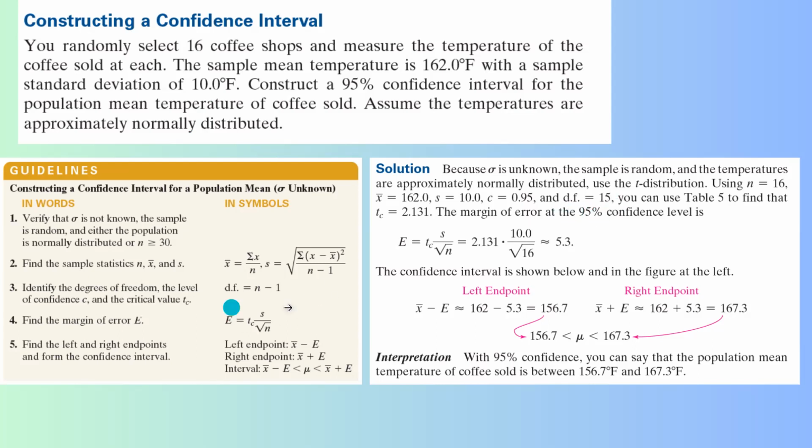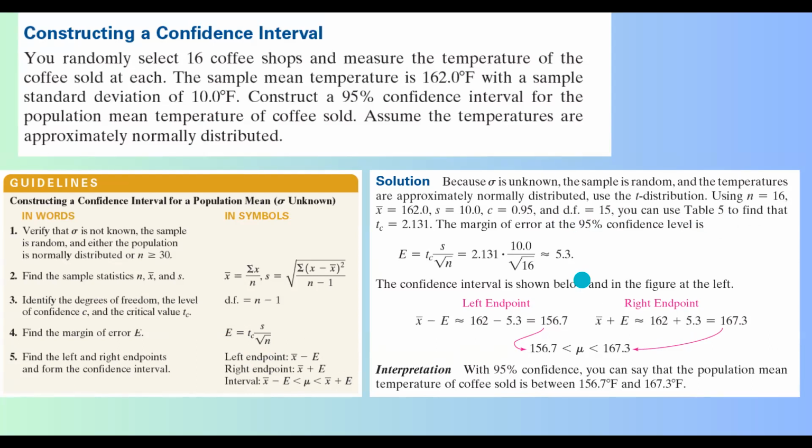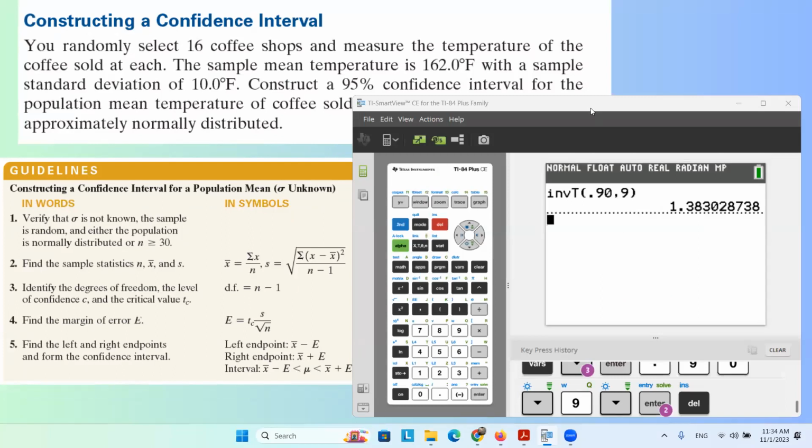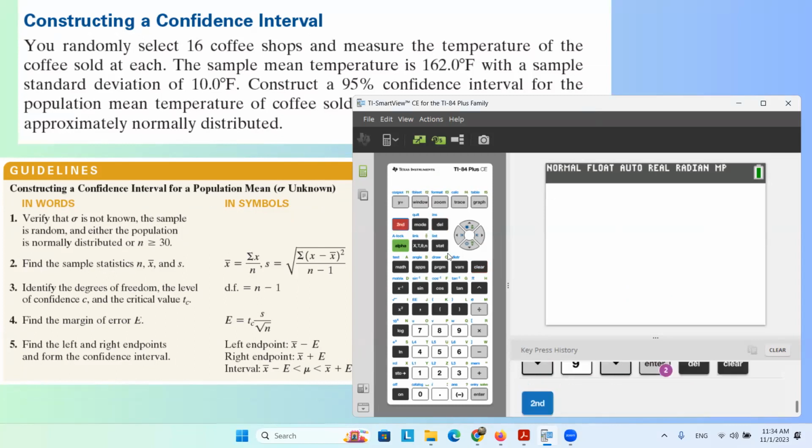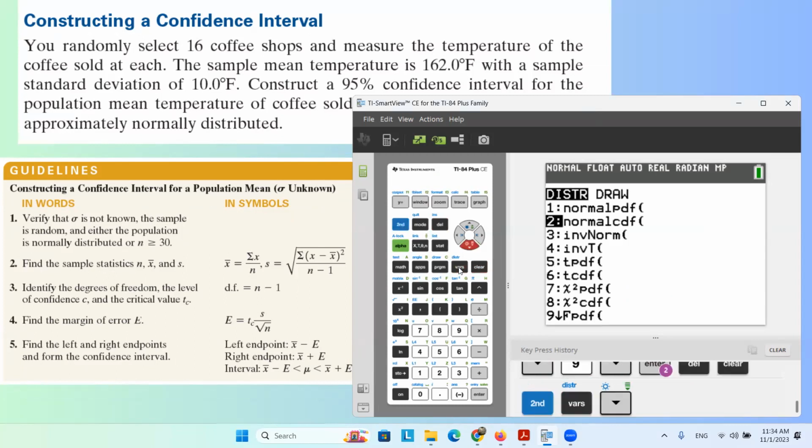Very good. Now let us construct the margin of error, t sub c times s divided by square root of n. To find t sub c, you can use your calculator, or in the old-fashioned method, you can use a table. So let us take a look at our calculator and find t sub c. I'm going to share the screen with you and show you how to find your t sub c. First of all, you need to go to second bars, and then you need to find